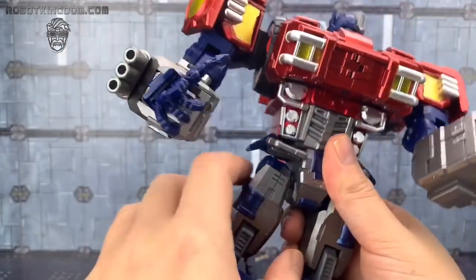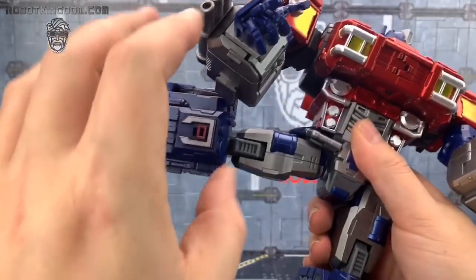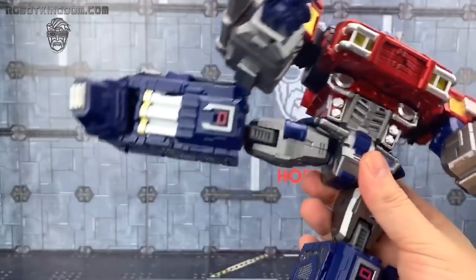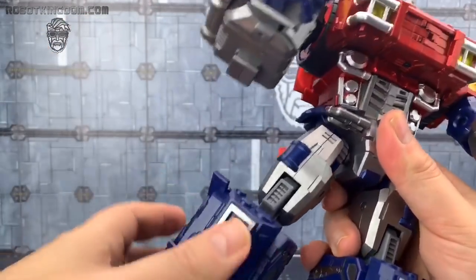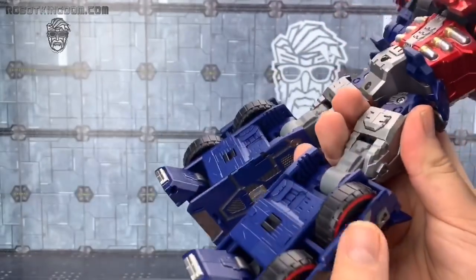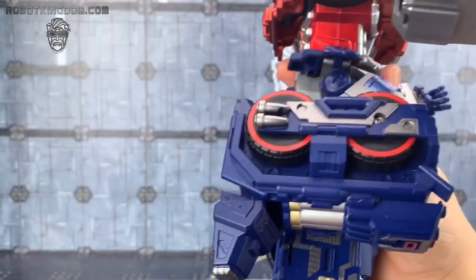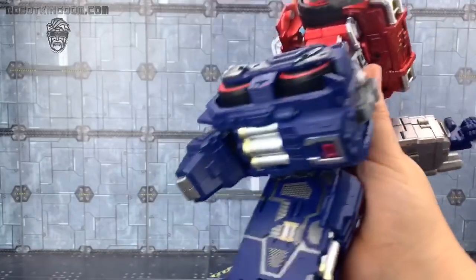backwards, out to the side on a very strong ratchet. See, I've just popped that chest panel back up again, haven't I? We have upper thigh rotation. As previously mentioned, that we have that double jointed bend on that knee, which is incredibly good when it comes